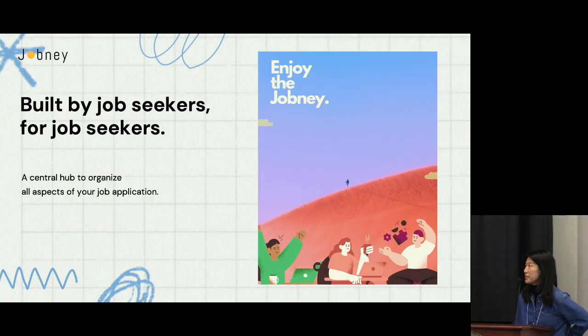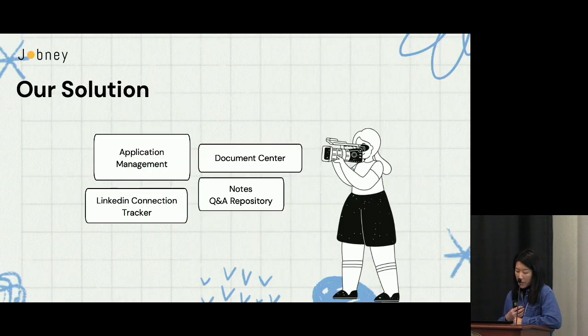All right, this is where JobNI comes into play, and it's designed to be intuitive, serving as a central hub to organize every aspect of job applications in one place. We have four key features as listed here. The first one is application management. Our dashboard provides users a clear overview of their application progress,